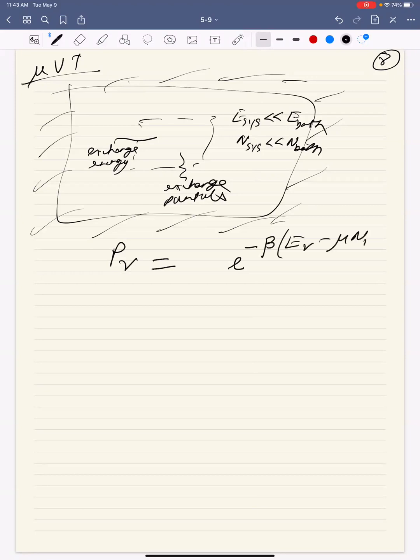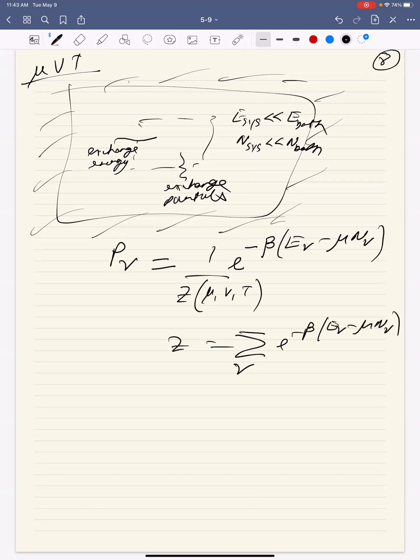Minus mu and nu, right? And we have a partition function Z, which is now going to be a function of mu, V, T. So Z is the summation over all microstates of e to the power minus beta (E_nu minus mu N_nu). And all of these had their own connection with thermodynamics. You can calculate probabilities this way, and you can calculate averages. And once you calculate averages, you get a nice